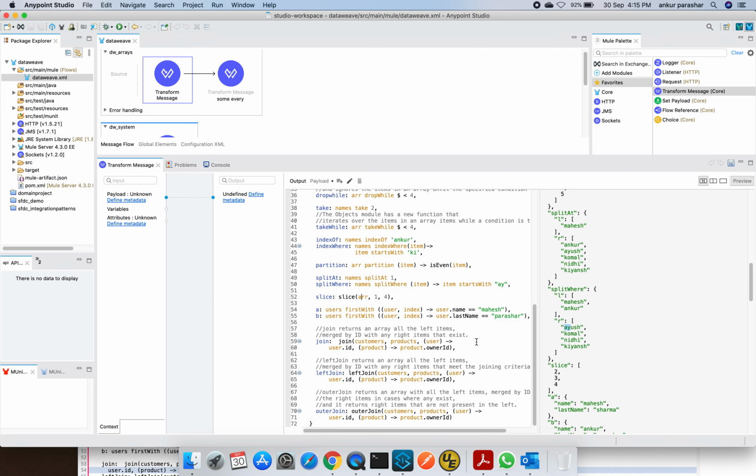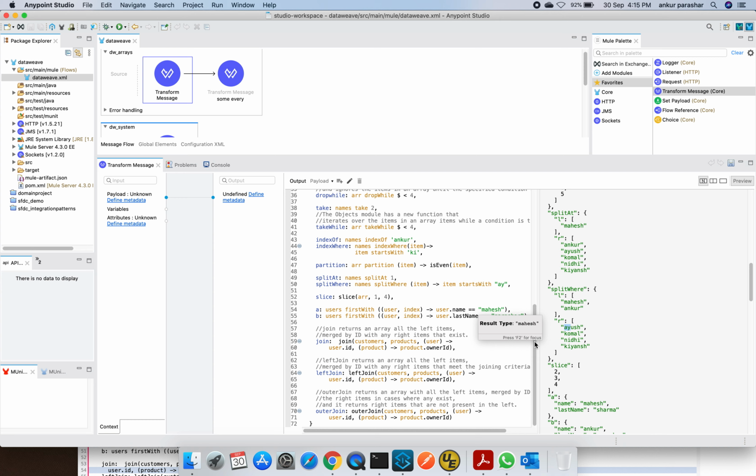The next one is about first with. First with uses a combination of a lambda function in which we pass a list along with the index. Within the user's payload, it is checking for a particular user at an index, whether the user name matches this particular string.